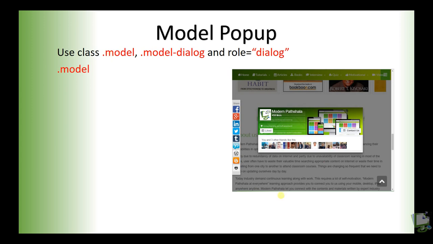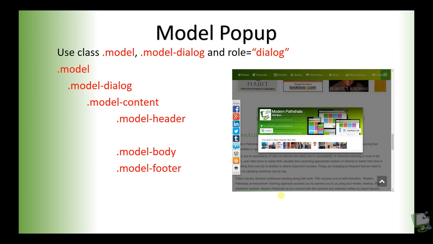In Bootstrap, we can create a modal dialog by using the classes modal and modal-dialog, and additionally we have to add role equal to dialog. Inside the class modal we need to add a div with the class modal-dialog, and inside it we use the class modal-content to specify the content inside the modal dialog. Inside modal-content we have modal-header, modal-body and modal-footer, and inside the modal-header we can add modal-title.